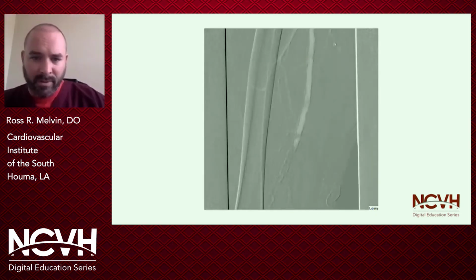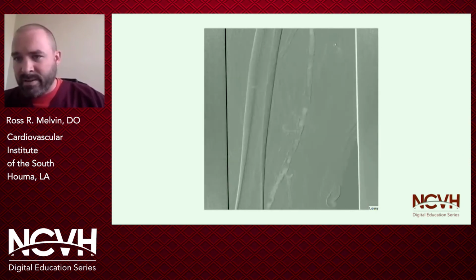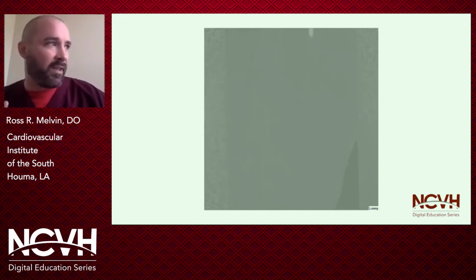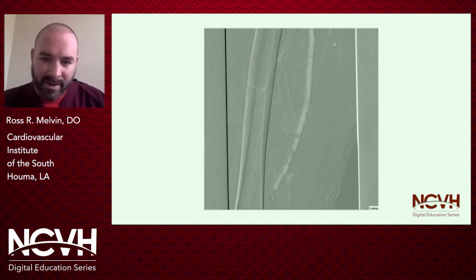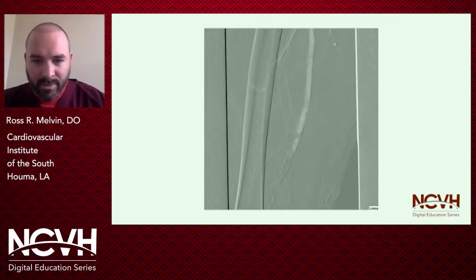So this is what CO2 angiography will look like for those who haven't been exposed to it earlier. Instead of black, it's going to be more of a white color. There is a way that you can mess around with the camera if you really want it to be black, and you can switch it to that color. But I think black or white, you can still obviously see. The SFA is pretty well delineated with the CO2 gas, and you see the short